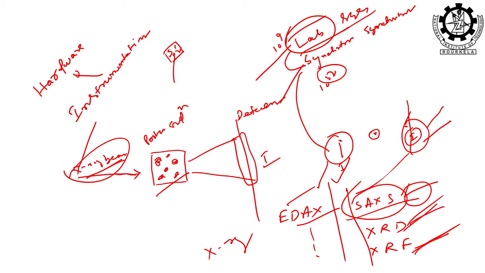May it be small angle X-ray scattering, wide angle X-ray scattering, X-ray fluorescence, or energy dispersive X-ray, all are relevant to the structure of the material. All those techniques are only for structure analysis. These two are very important, and others people do when necessary. Now the question is, what kind of arrangements are there in the case of small angle and wide angle XRD? Wide angle is your XRD, small angle is small angle.